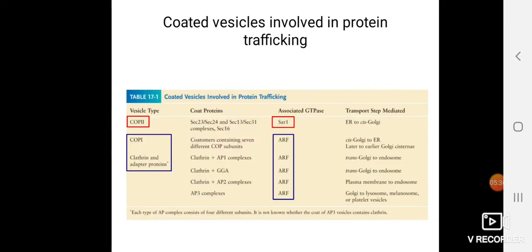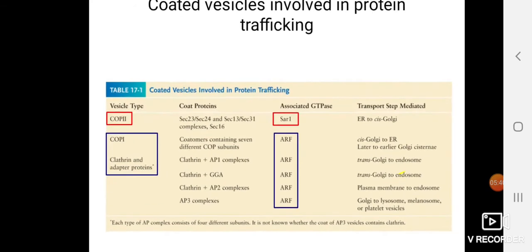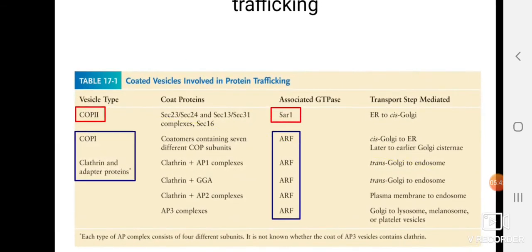So now this particular vesicle formation, as I told you, it's not a very simple or an easy step. For the formation of vesicle, it requires a lot of other protein molecules' help, and these coatomers themselves are not going to be monomeric units. They are going to have a number of subunits sometimes, or they may be composed of several other protein